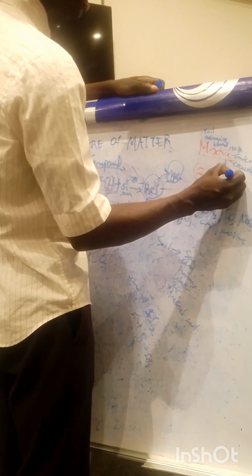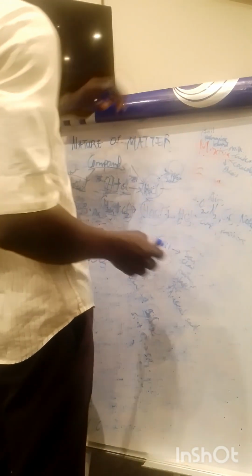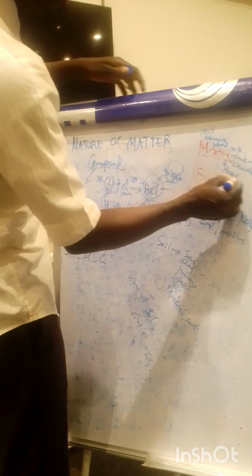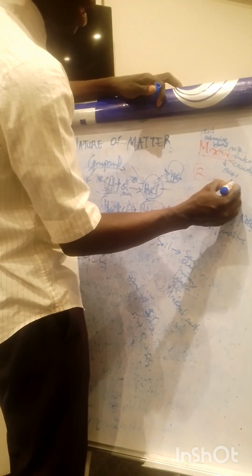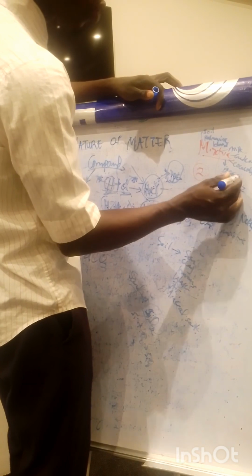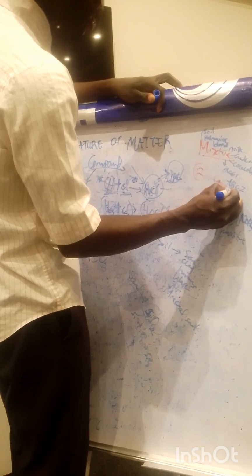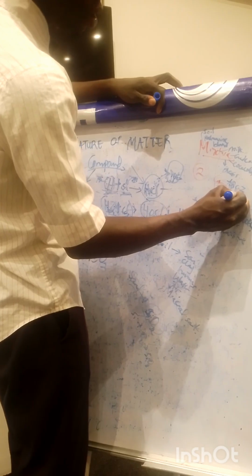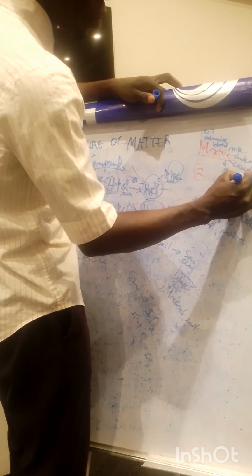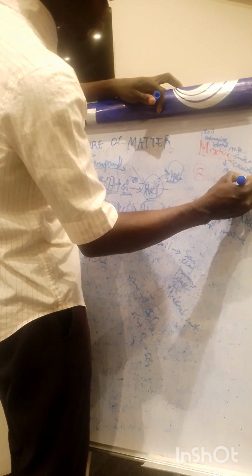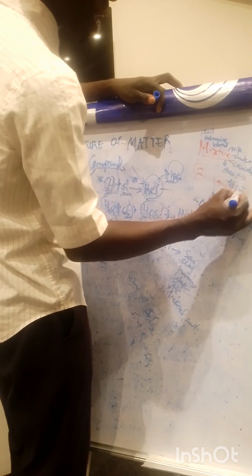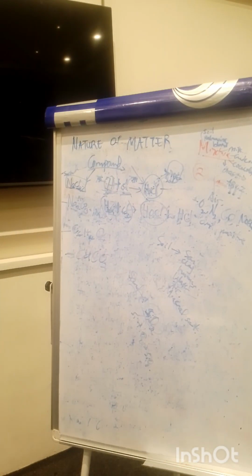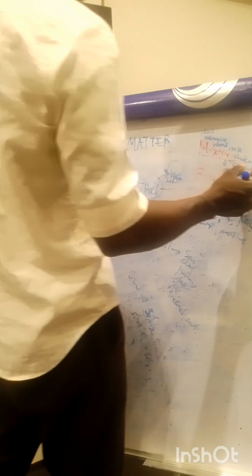Let's try to check for the constituents of some of them. For example, this brass now, I'll use letters A, B, C, and Z to code it. So this is my brass. My brass is a mixture of copper and zinc. So the constituent elements of brass are copper and zinc. As simple as that. Then Coca-Cola, what will be my constituents?